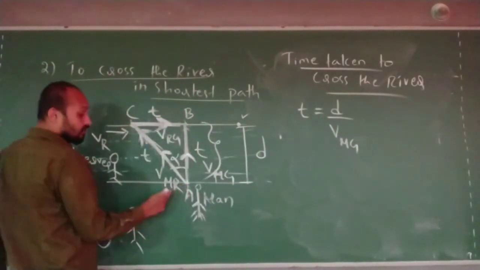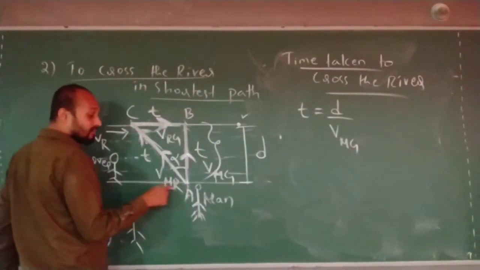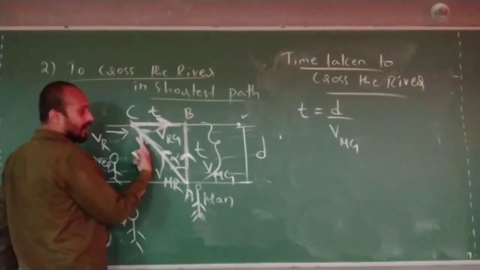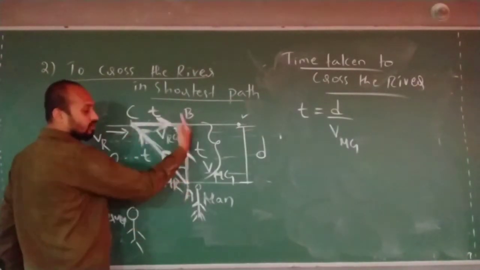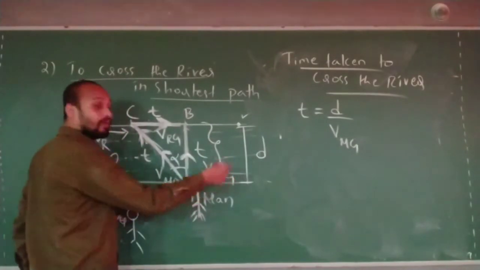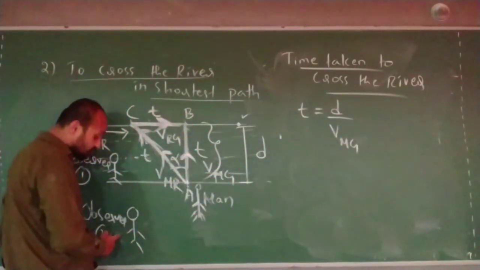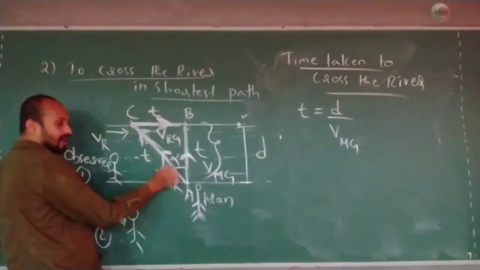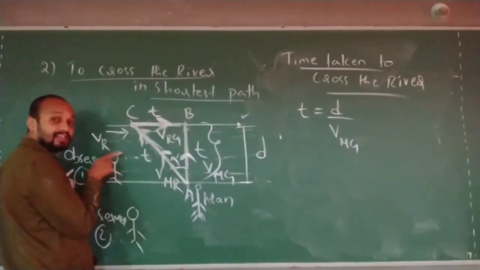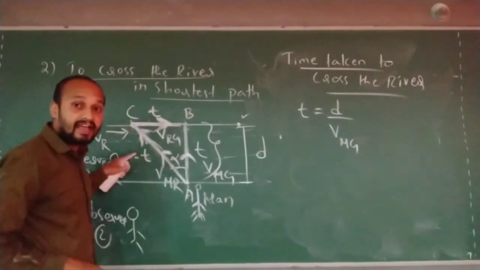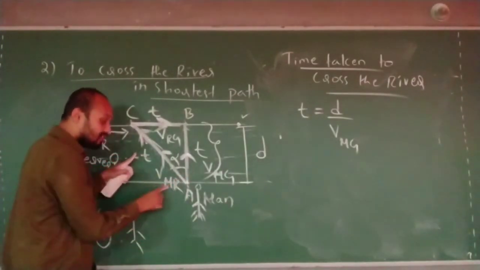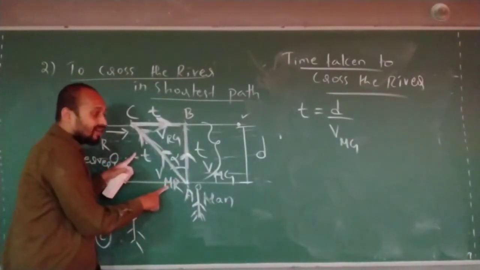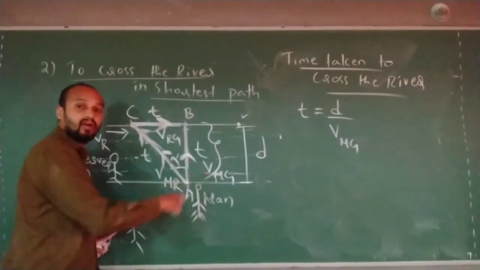Okay? Because inside the river, man velocity is like this. But river is pushing him like this. This will be the velocity of a man with respect to ground, as observer 2. For observer 1, this will be the velocity. Observer 1 where he is staying is moving. A person who is staying inside the river, this will be the velocity for him. A person who is standing on the ground, this will be the velocity.